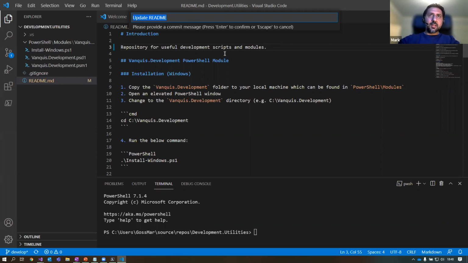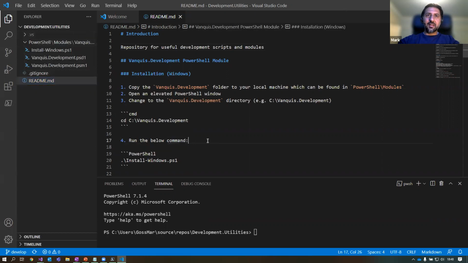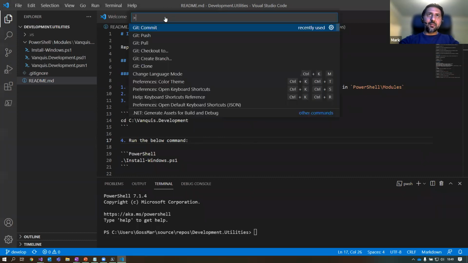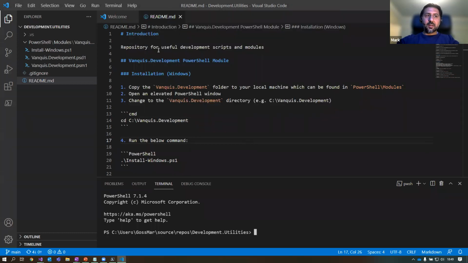But before I do that, this is something that I try to not do, so let me undo this. First of all, we're going to make an actual branch. If you ever committed to develop and then tried to push it, that's not going to work. To make a new branch, I could go and type it in, but I might not be on the develop branch. So if I check out to main in this case, you'll see at the bottom I've got the main branch.